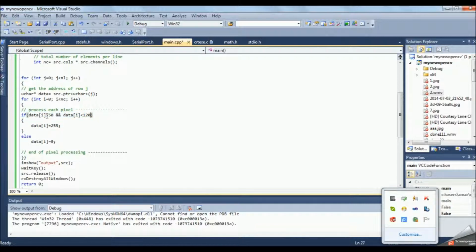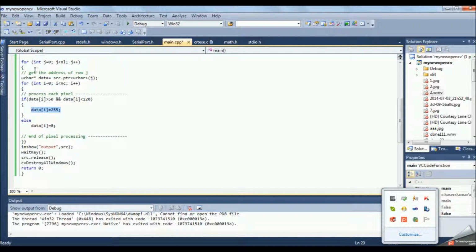It will check whether that intensity lies between 50 to 120 or not. If it lies, then that pixel is assigned a new value, that is 255, and that pixel will be seen as white to us, else that pixel will become black, that is, it will be removed or go into the background.